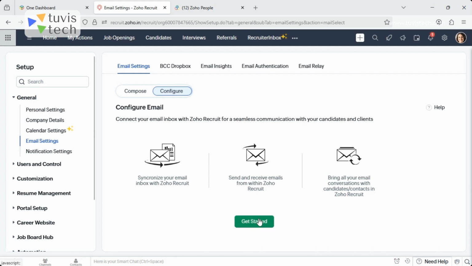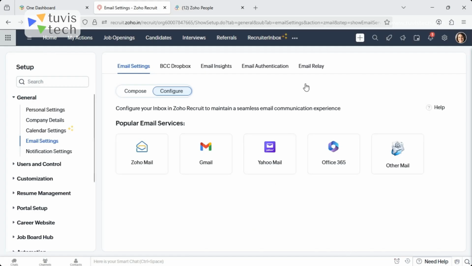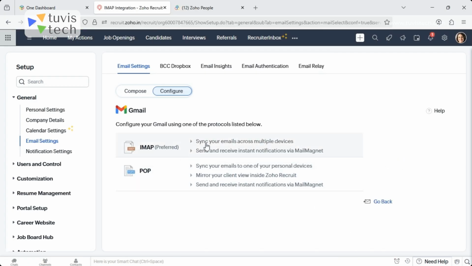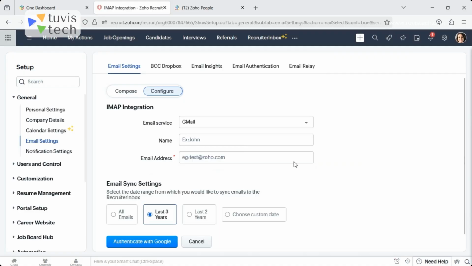So you can click on get started here, and let's say you want to have different emails configured. You can configure Zoho Mail, Gmail, Yahoo Mail, Office 365, and other mails here. If you click on one of them, you can select the email options, whether POP or IMAP methods, to configure the email, and then you can select the name and give the email address and select the options, and then authenticate with Google in the case of Gmail here,